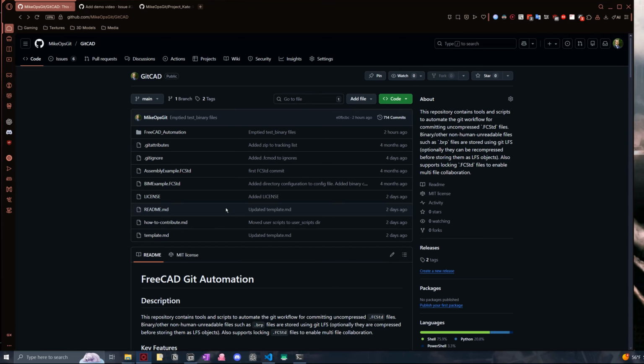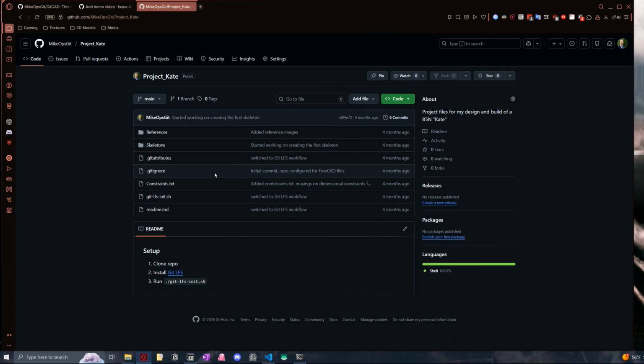Hey, this is a quick demo. I'm just going to go over how users who clone your repository with GitCAD installed, what their process looks like for getting themselves set up with GitCAD and working with all their FreeCAD files in your repository. So I have over here a test repository, well, kind of a test repository, and